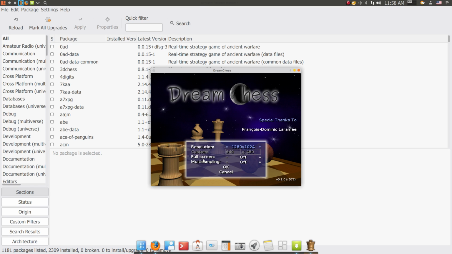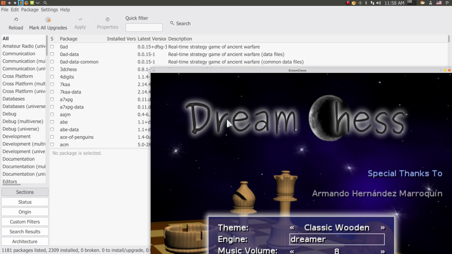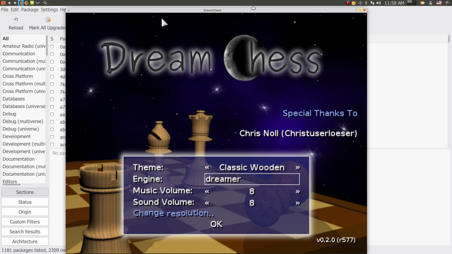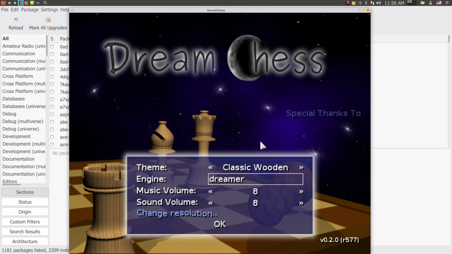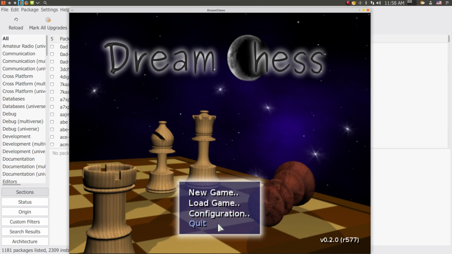Yeah, I'll go with this size here, press OK, and now it's a bigger screen. Of course I can customize it to my resolution. Press OK,